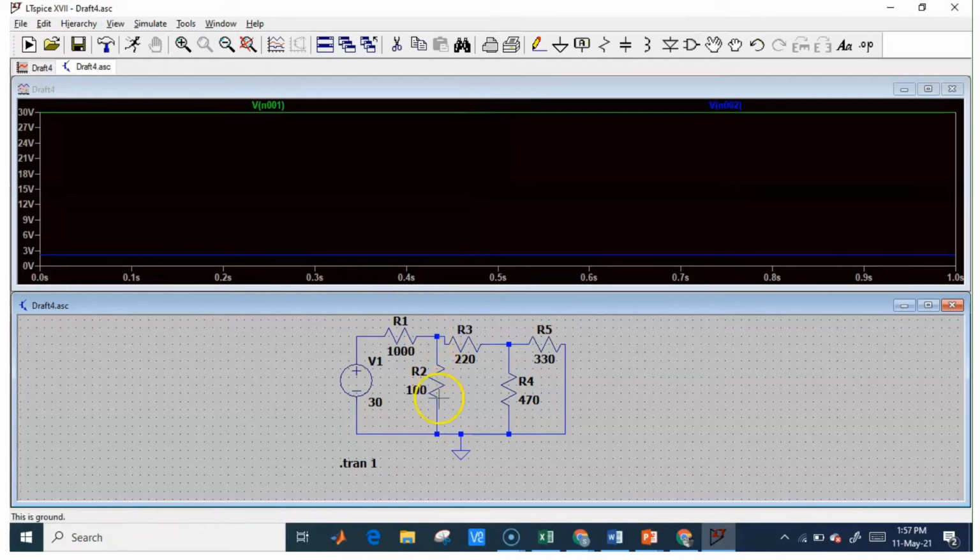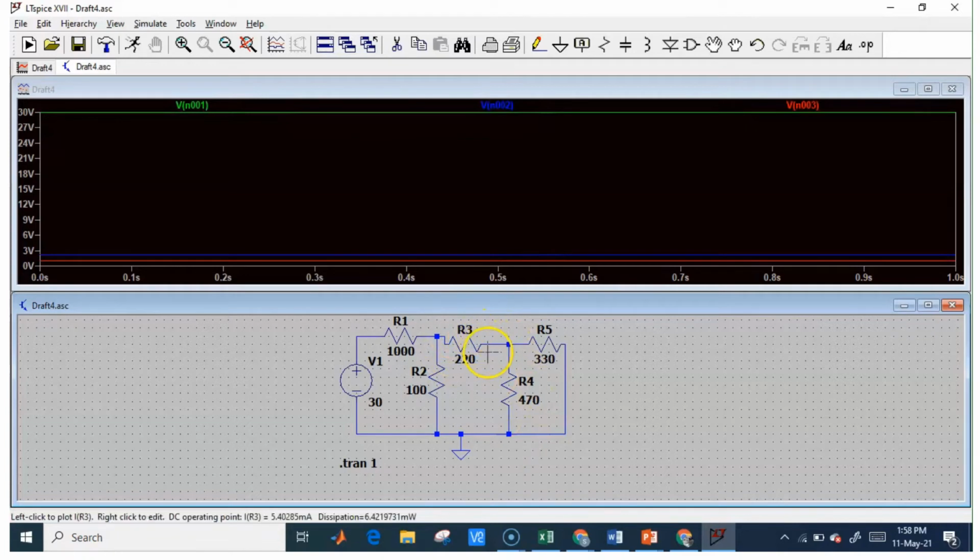In order to find the voltage, if we click at just one end we will get the value, because at the other end it will automatically take the reference node as the ground point. The resistor is connected with the ground, so the other end is represented as ground. With respect to ground only, the voltage will be given here. For node 3 also we can do this, but how can we find the voltage across 220 ohm? It is not connected with the ground, so we have to check with both the ends.